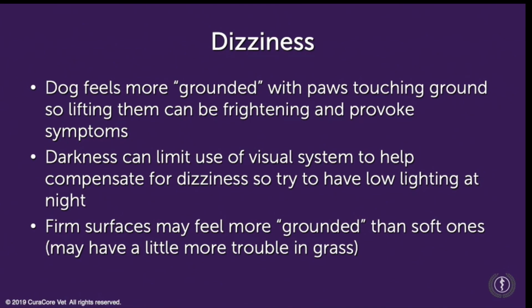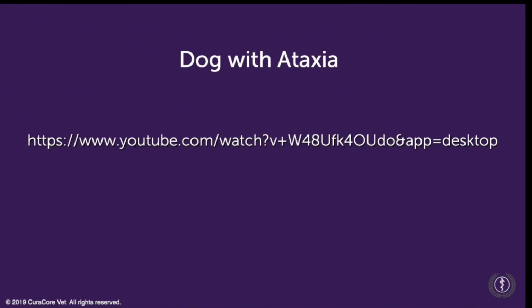And so sometimes, too, we find they might have a little more issue with grassy yards, particularly if those yards are a bit uneven with their surfaces. And sometimes transitioning between surfaces can be difficult with their balance. Now here's a video of a dog with ataxia. And in it, you'll see how the dog's head is tilted to one side, his body is side bent to the other side, and then he falls to that same side.